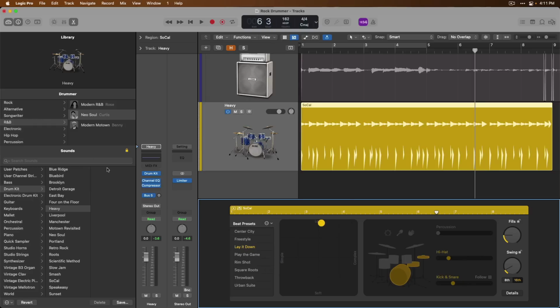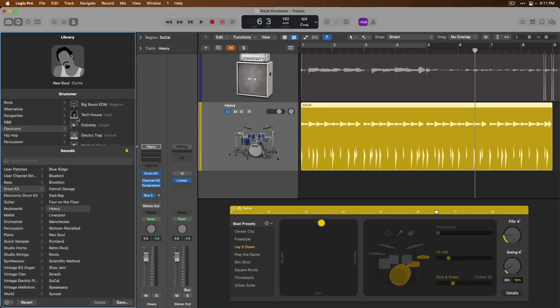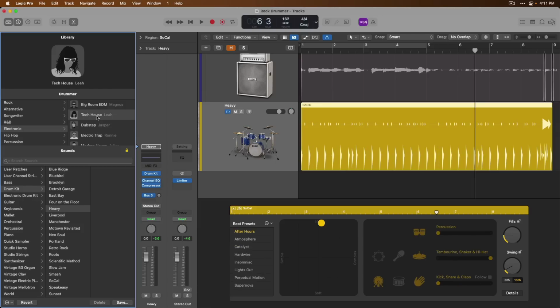All right, so let's give it a try. Let's go to maybe Leah here in the electronic category. All right, so same kit, same approximate performance. Leah would play a drum machine instead of an acoustic drum kit, meaning there's a slightly different setup for which drum elements you can choose and the patterns that you can choose. And if we take a listen,